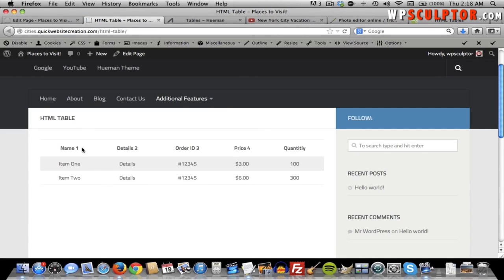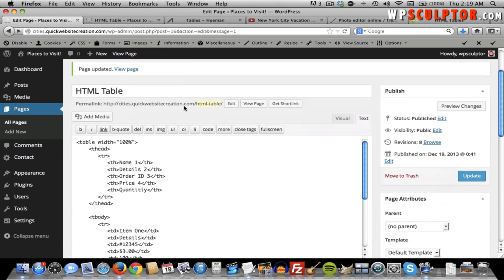Just like that. Now we still have 3 rows because we didn't add any additional rows, but we did add another column, and each row had to have its own table header or table data section, just like that. Now let's go back and let's add an additional row. So we're going to go back to the page editor,